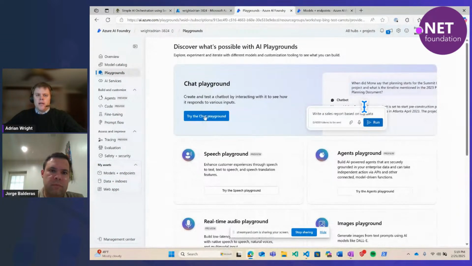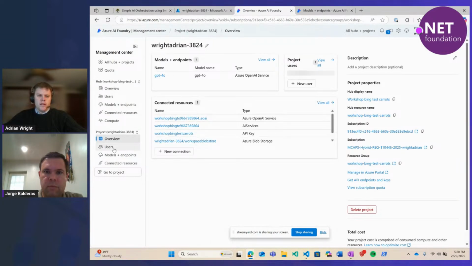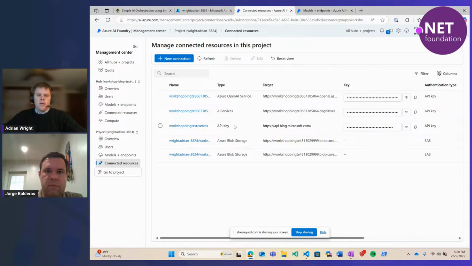You can interact with them, tweak the settings, keep playing with it. You can also play with agents, and you can connect the agents to different resources. So for example, I have a connection to that Bing resource that I created, and that will enable us to do some grounding with the Bing search later on in the demo.